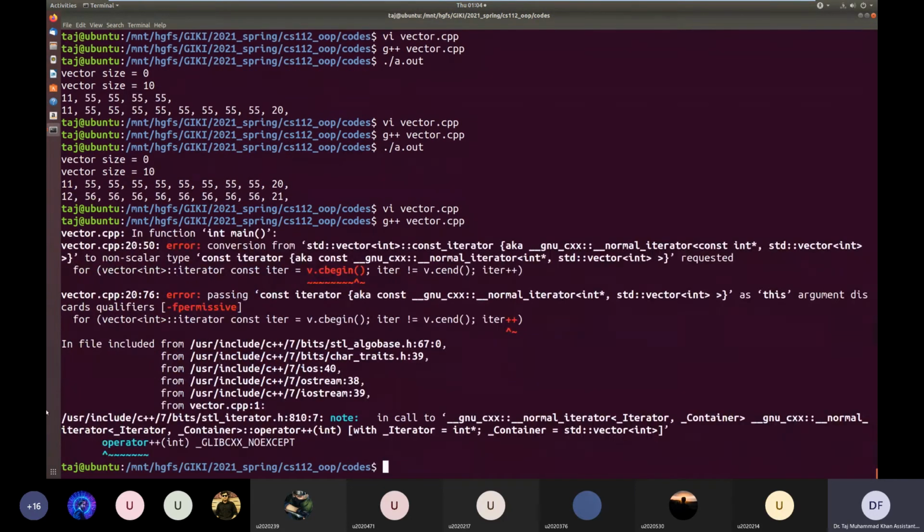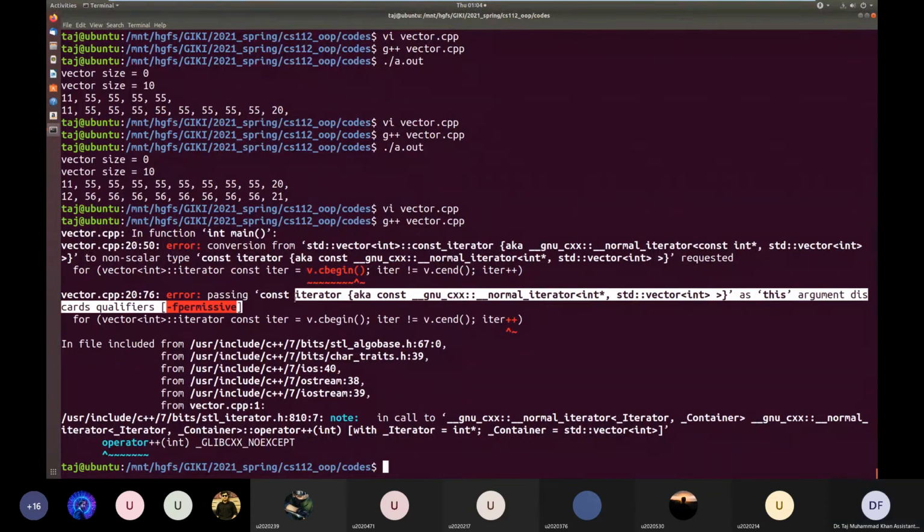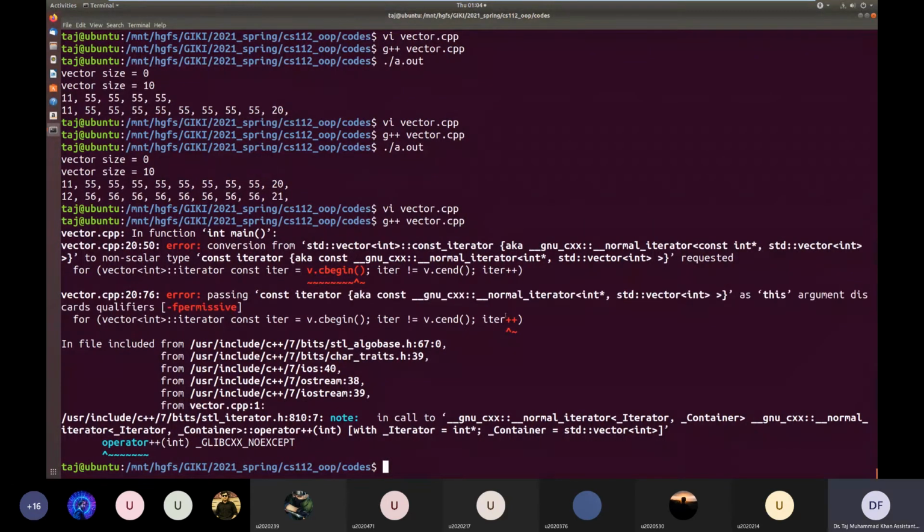You see, the compiler is not happy, and it is saying that you are passing a const iterator to this. It should give me a conversion error.